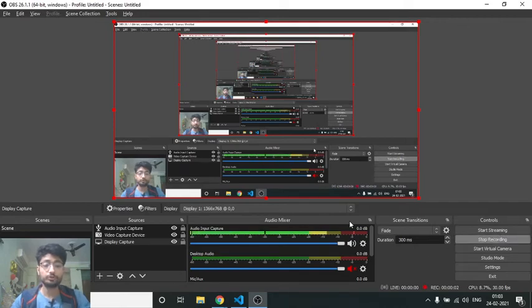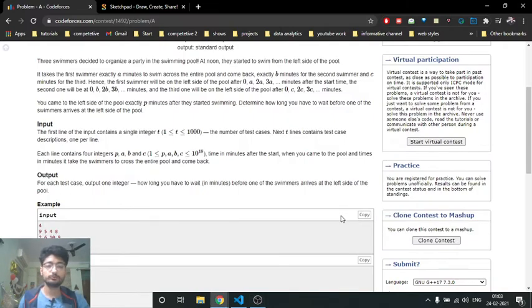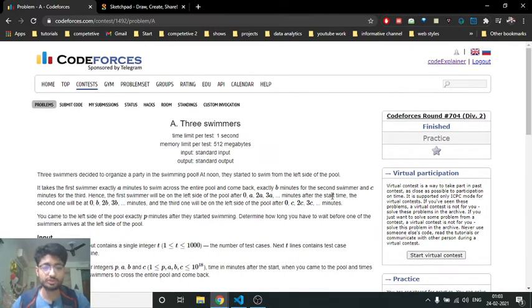Hello friends, so today we're going to discuss the first problem from the latest Codeforces round 704, problem named 3 swimmers. So it's just an implementation problem. You just have to draw out the test case and then you can easily understand this problem. A lot of the submissions are there for this problem, but still we're going to discuss this so that you can get different hints about how to solve these problems.